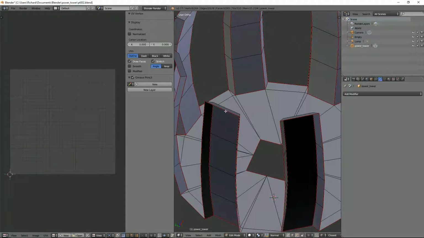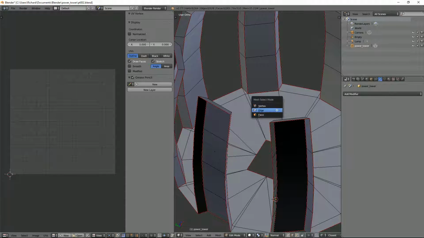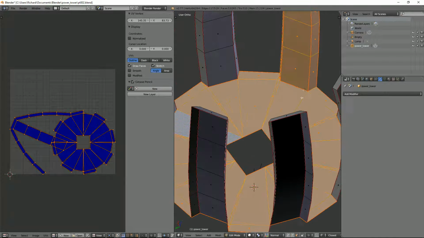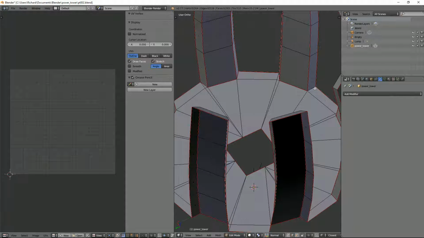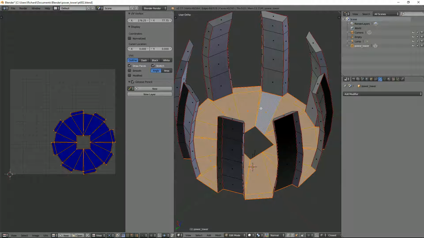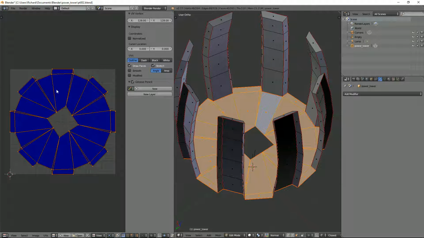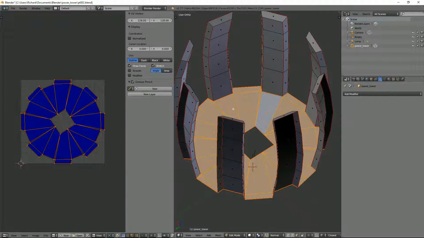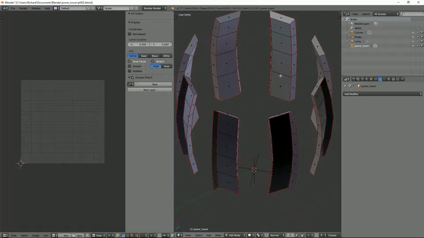Hang on, that doesn't make any sense either. If I do that again, Control Tab 3, L. Yeah, I'm an idiot, aren't I? There it is. Control E, mark seam. I should have done that, and I could have told which one it was. Right, Control Tab 3, L, U, unwrap. Looking good, apart from this pesky thing here, which I still haven't got over. But hey, it looks okay. And so we'll hide that, and then I think,